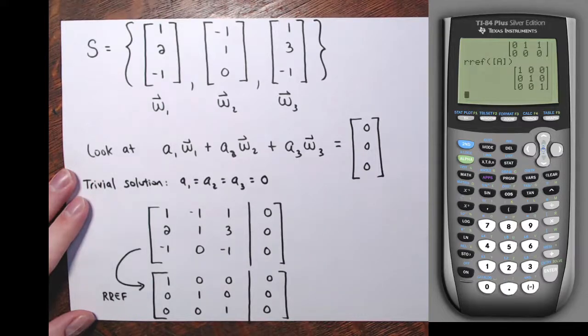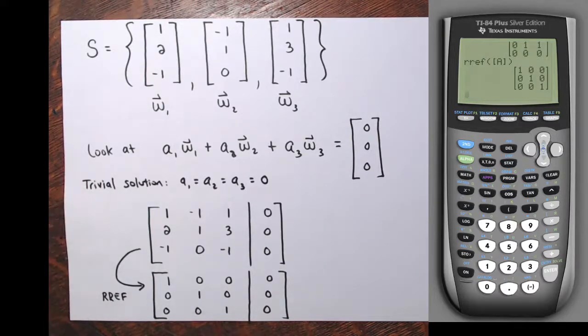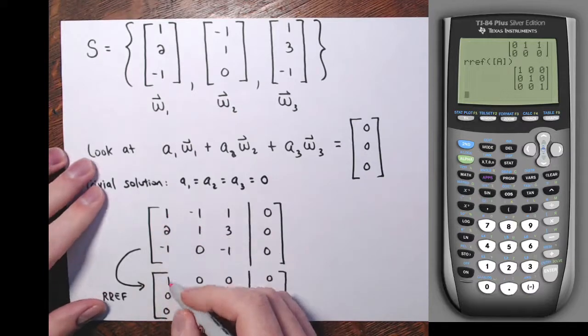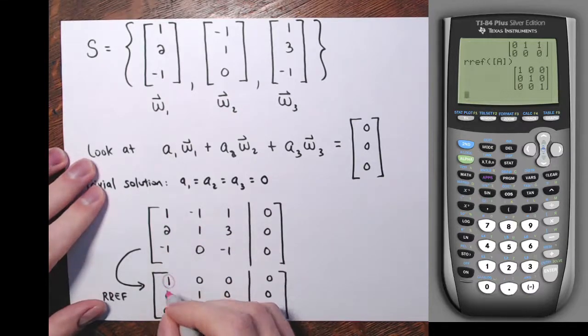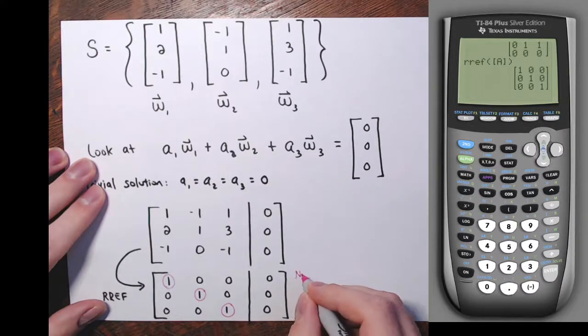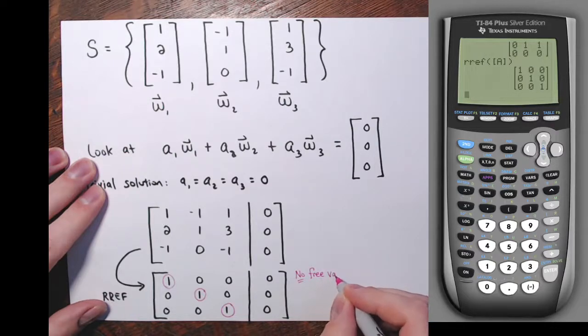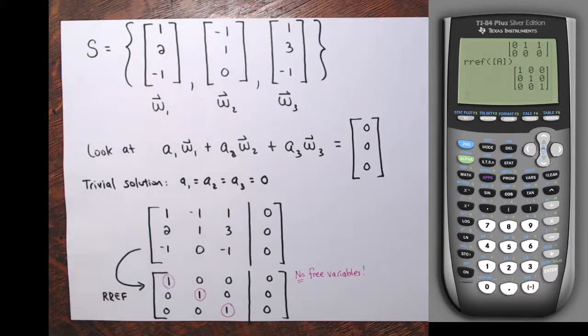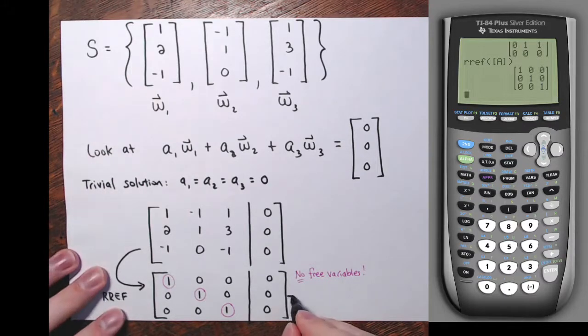And you see how every single column of the coefficient matrix is a pivot column. Right? There are no free variables this time. So remember what that means. That means that there's only the one solution. Right? The only solution